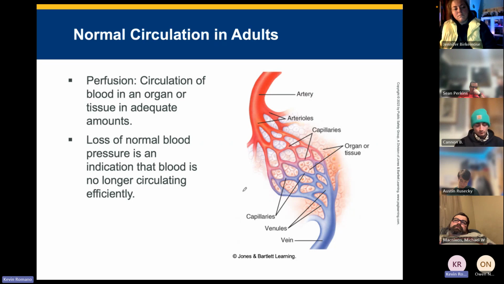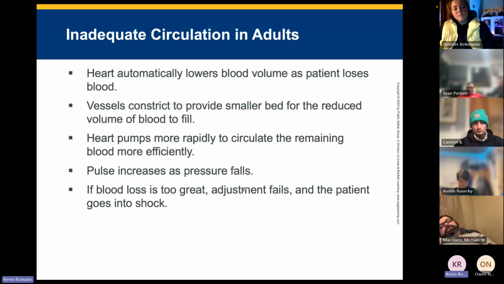The definition of shock is an inadequate state of circulation involving the entire body. So an inadequate state of tissue perfusion, right? Inadequate circulation